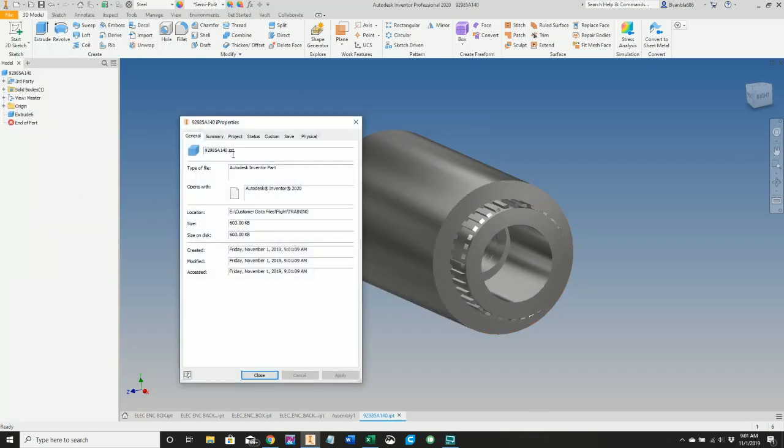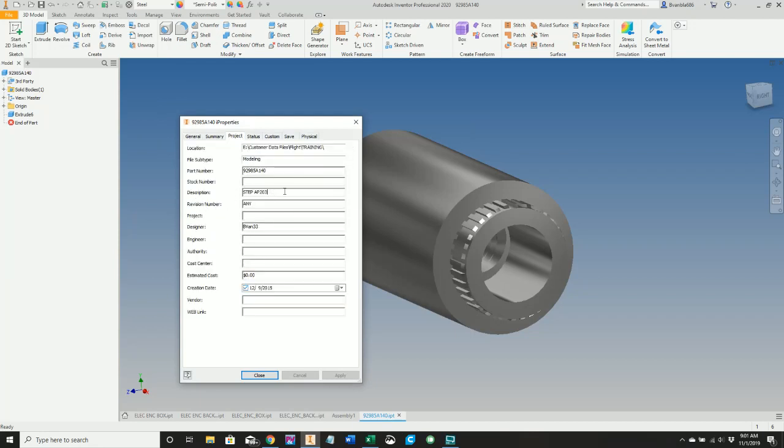So Alt F and then go to iProperties, go to Project. In the description, you can see that it puts in a generic step AP203. That's just the version type of the step file. And we're going to put in standoff,